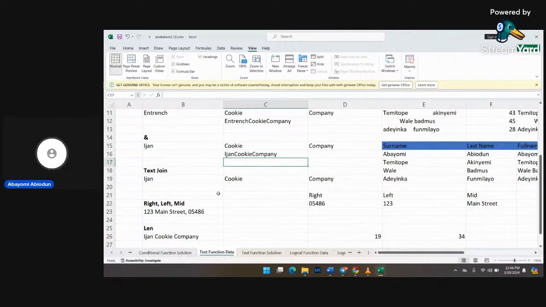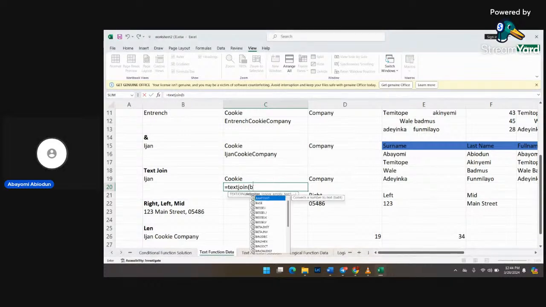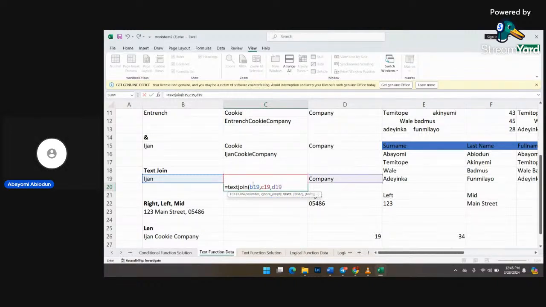So we can also try to join. You can use text join if you want, they are just the same thing. You can also use text join. So then open bracket, what exactly you want to join. So I want to join B19, then I also want to join C19, then I also want to join D19. So if I click on this now,